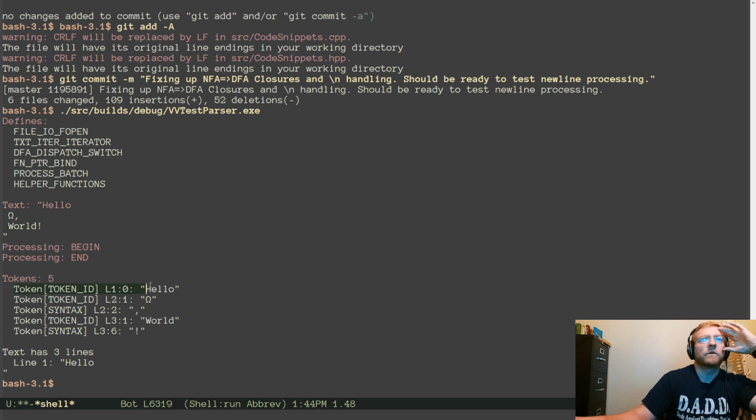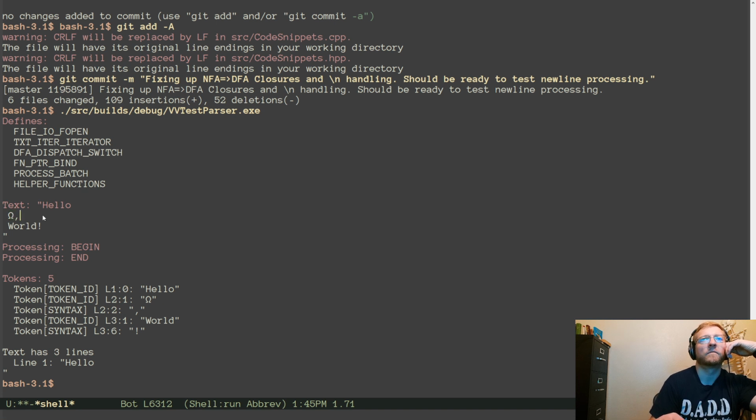So token 1 is hello on line 1 starting at character 0. I agree. Then we got a new line, and the omega symbol shows up at the first character. We're probably going to have to offset these by ones. That's line 2.